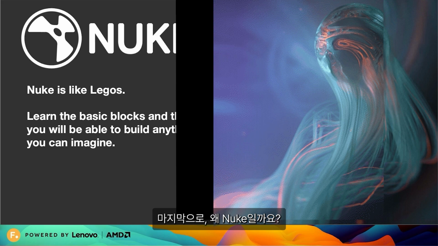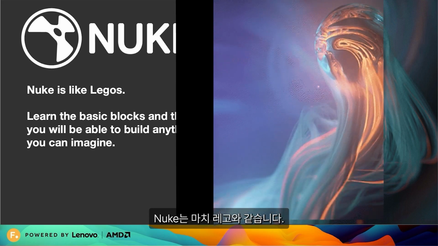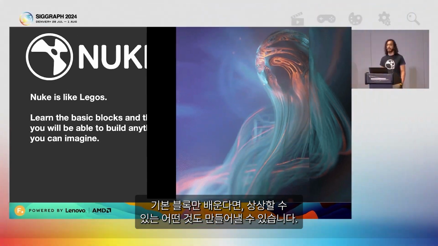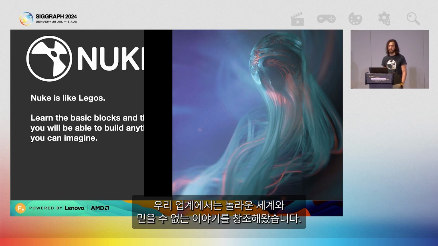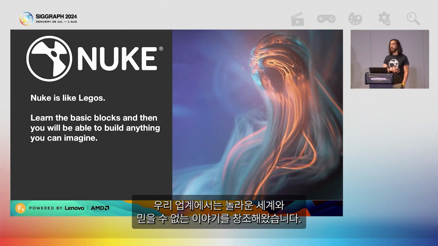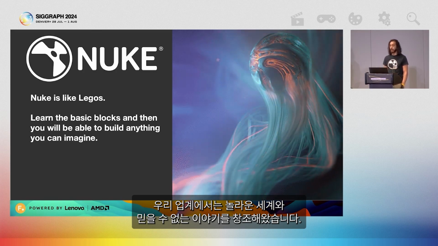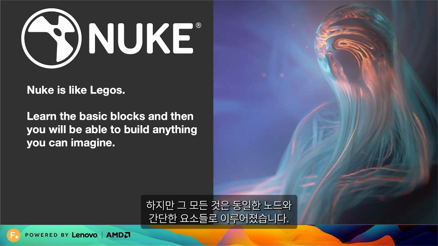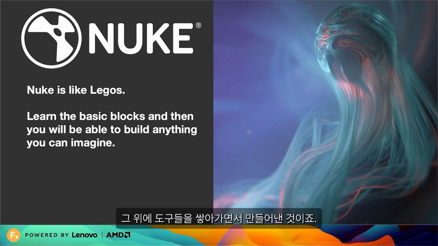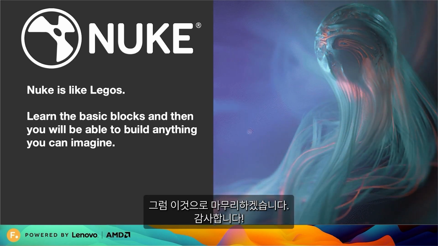And last, why Nuke? Well, Nuke is like Legos. If you learn the basics of the blocks, then you can build absolutely anything that you can imagine. We have been able to see how in this industry we have created the most incredible worlds and the most incredible stories, but everything is done with the same nodes and the simple things, and it's just building tools on top of that. So with that,